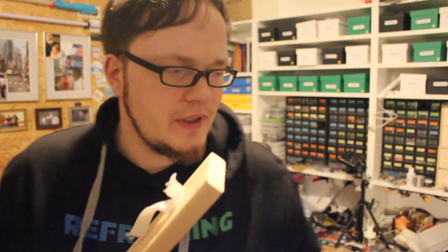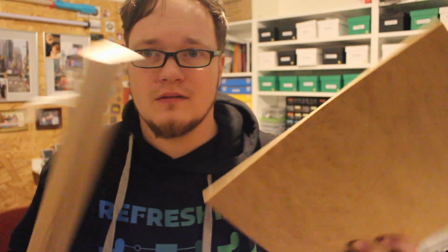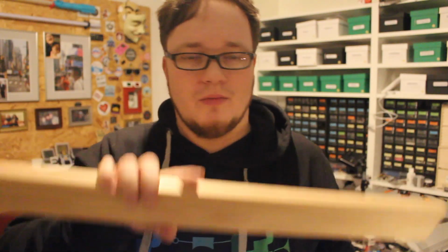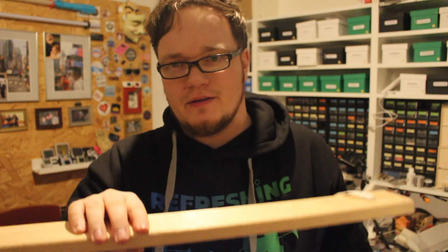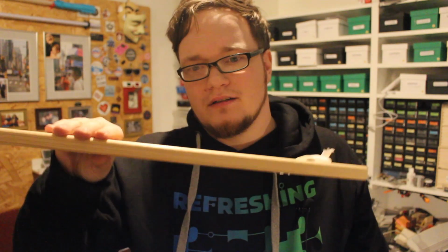So while the printer is printing, I will screw this together. It's just a simple board, and when the camera is on here and the iPad and the whole frame, I will find the center of it and then we'll screw on whatever is printing on there right now. I hope the printer will behave, otherwise I have no idea how to put this onto the...